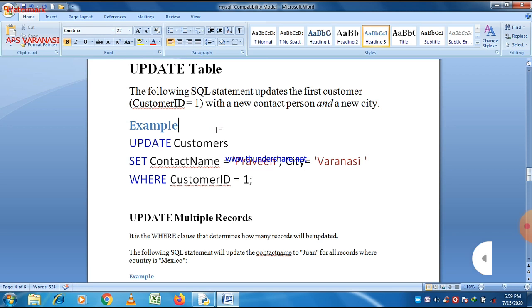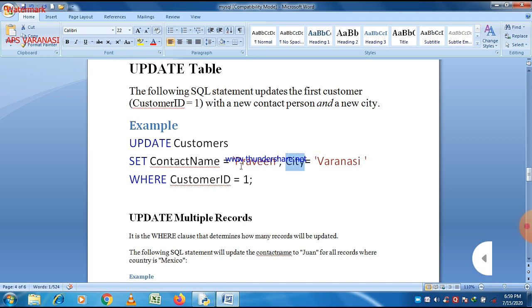So what happens after the execution of the statement? In the customer table, the column values for customer ID 1, that is customer name, contact name and city, will be updated, and they will become Praveen and Varanasi.